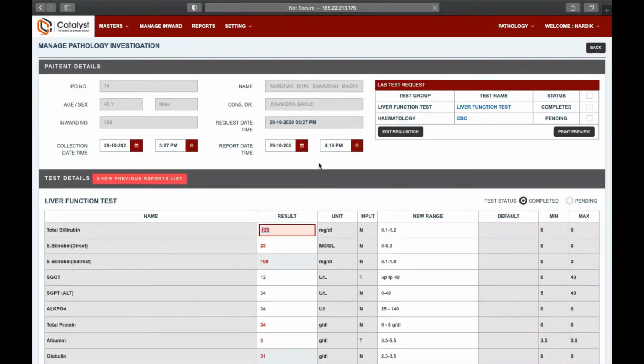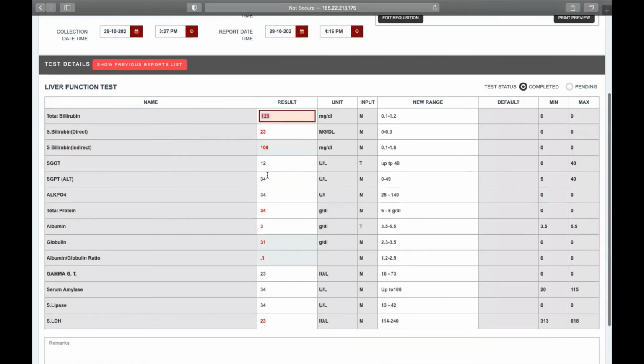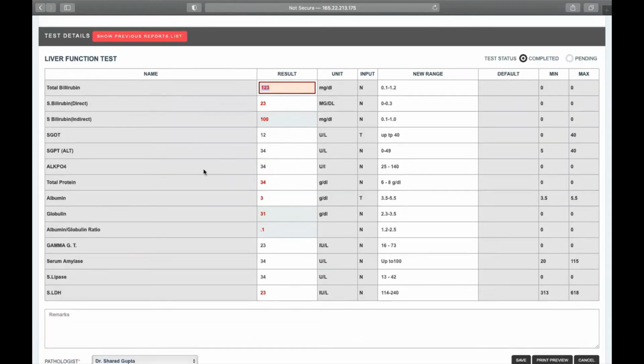This is the liver function test sample template. Here are the parameters. If our software can connect with your machines, all these results will be entered automatically into these sections. What we can do is, if all your machines are fully automated, we can integrate our software with your machines, so that once the result is generated by the machine, that's my question.